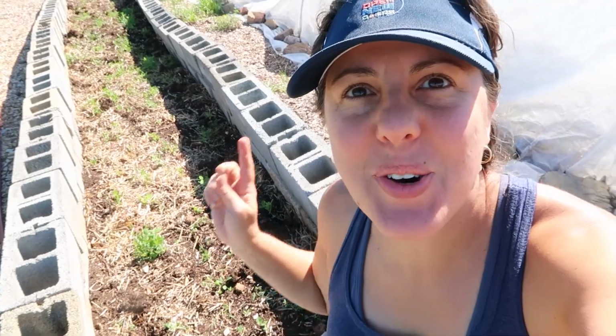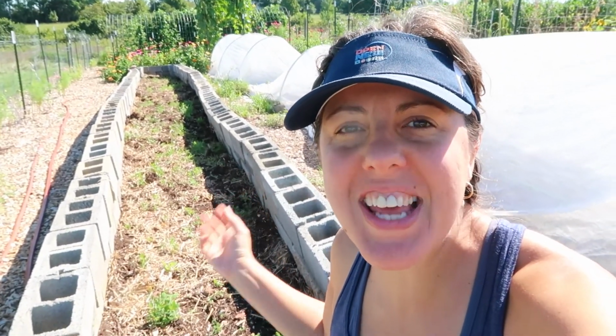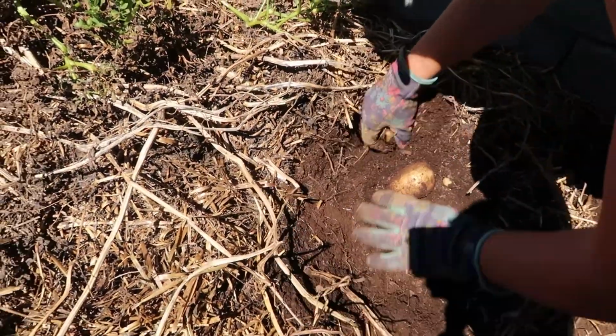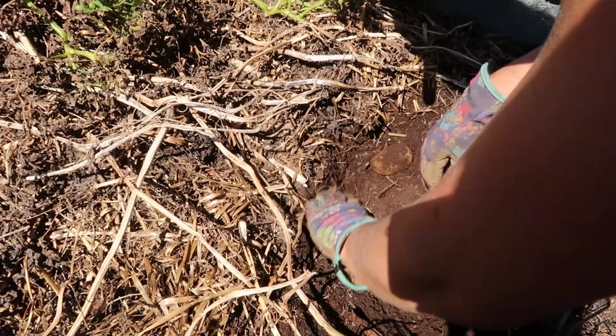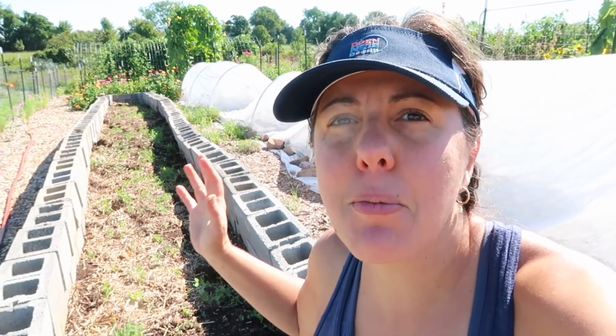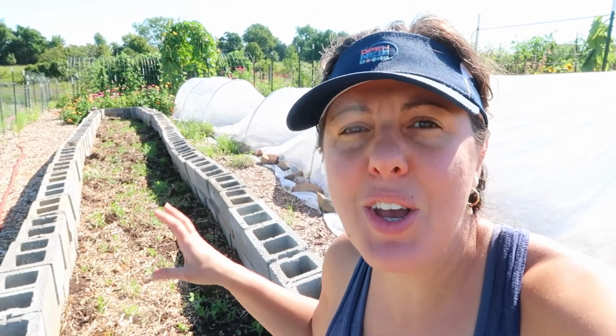I'm also going to sow fall cover crop seed here in the cinder block bed where we grew potatoes this year. We will not grow potatoes here next year. Probably we will move the cinder blocks to a new row in the garden because I always rotate my crops, never grow the same thing 2 years in a row in the same place. But whatever grows here will benefit from the added nutrients from the cover crop, and I also want to prevent